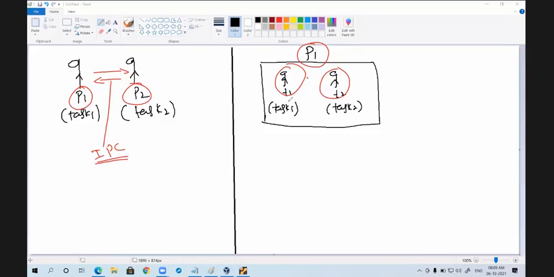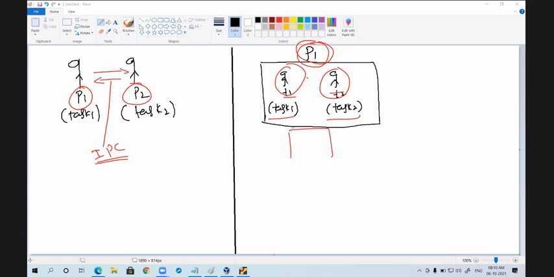Again, if two threads want to communicate between each other, which are present in a single process, they need not take any IPC mechanism. It is just a matter of putting the data into the global array, because for these two threads in a single process, the same data section and common code section will be there.